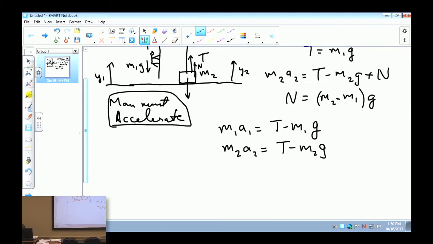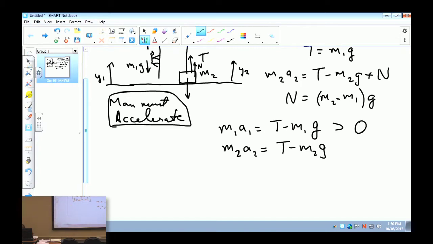That's what accelerates him, because he's pulling down on the rope and the rope is pulling up on him. So that gives a net force upward for him. So he accelerates. And in that case, the tension is going to be greater than his weight. If he's barely pulling fast enough that the block is almost to lift off the floor, in other words, that the normal force has gone to 0,